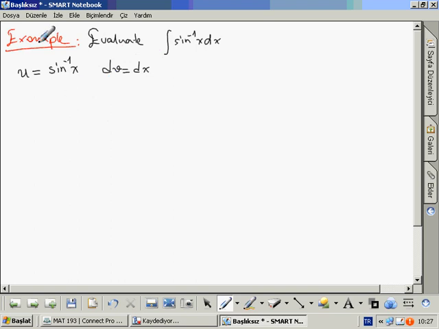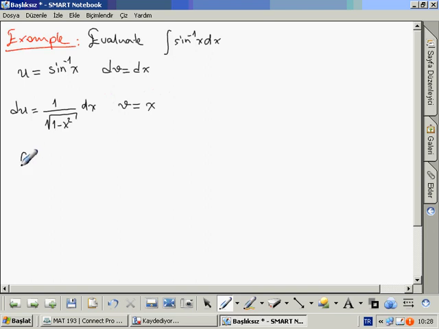If u equals inverse sin x, so du will be 1 over square root of 1 minus x squared dx. If dv equals dx, v will be x,